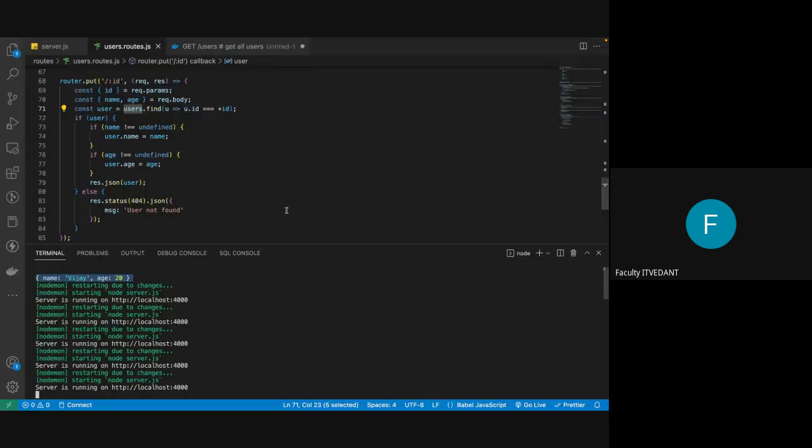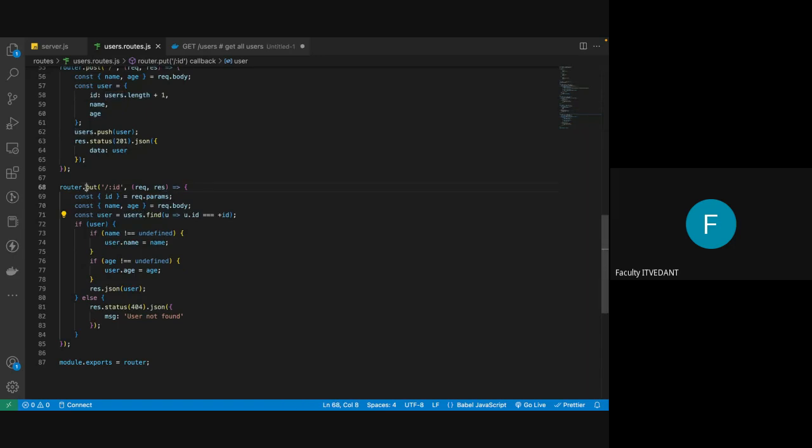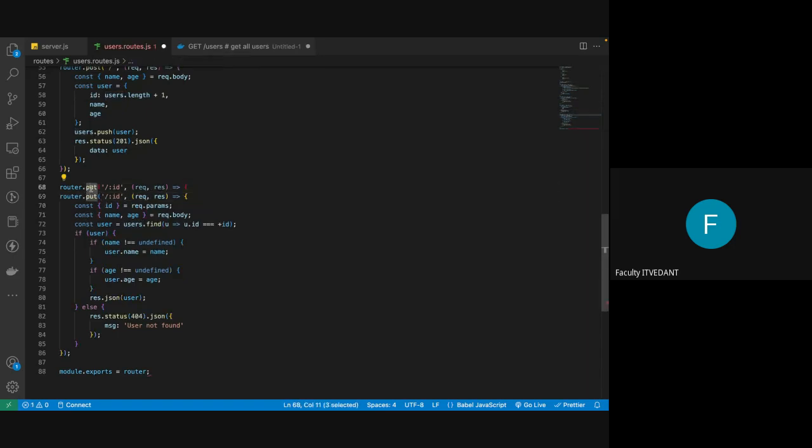But this is a partial update operation. Now for patch, you can simply write, instead of put, you can write patch. So this will work. But if you want to update the entire object entirely, then in that case this condition won't matter. You just have to write user.name equals name, user.age equals age. So whatever it will be, if it is undefined, then undefined will be assigned, null will be assigned. But when you are doing a partial update, you have to check the fields, which values are coming. Understood,